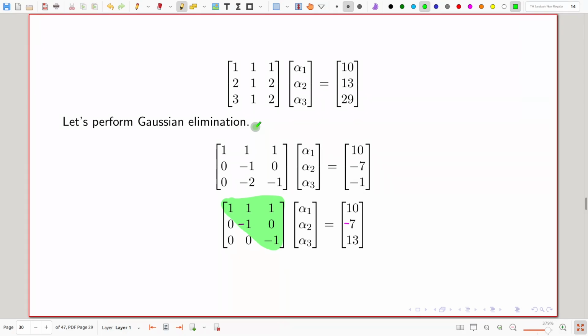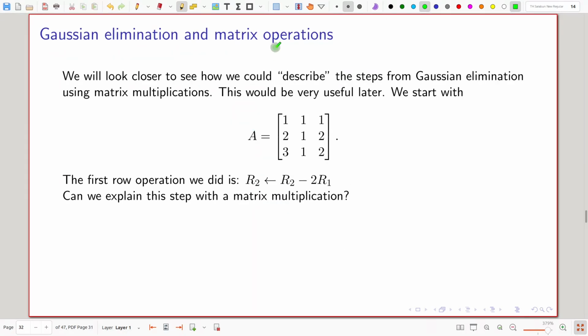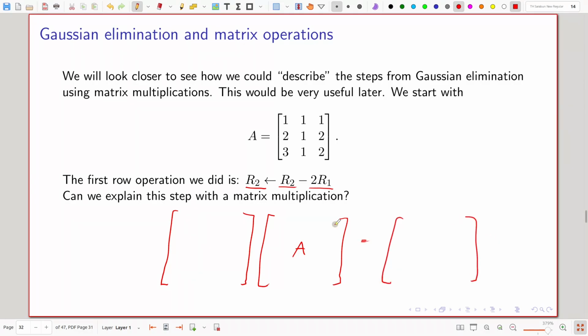So let's see. The first step is to do this, right? If you recall, we would like to say R2 becomes R2 minus 2R1. How can you do this with matrix multiplication? So we have matrix A. What matrix should we use to multiply with A to get this result? This is the same thing that we did. After we do this, the first two rows are the same, so 1 1 1, 3 1 2, and